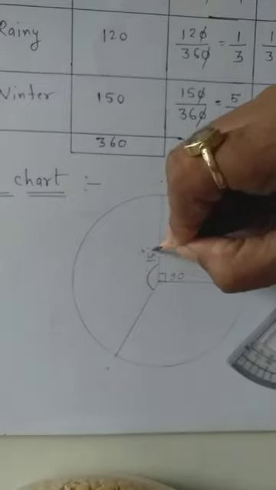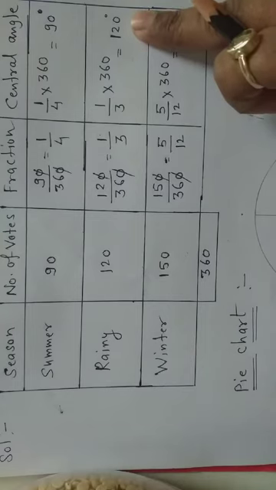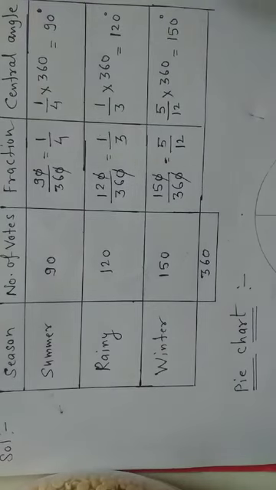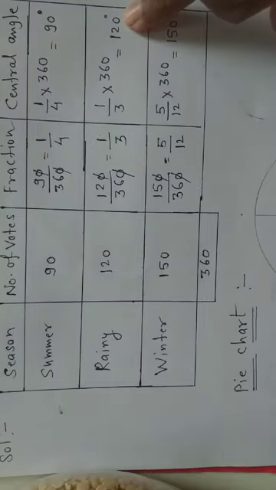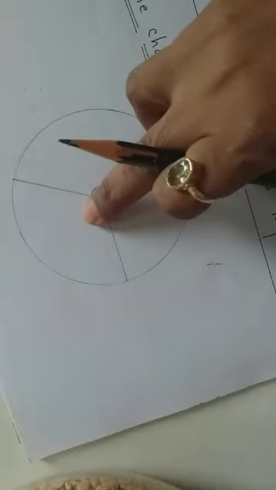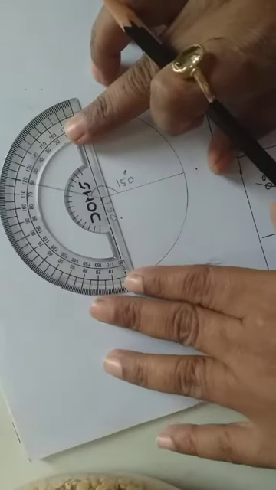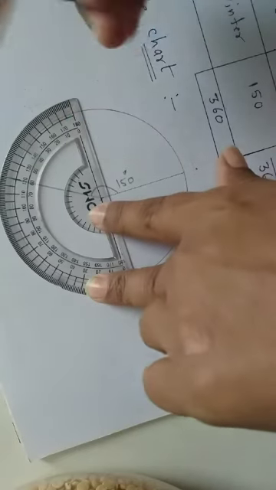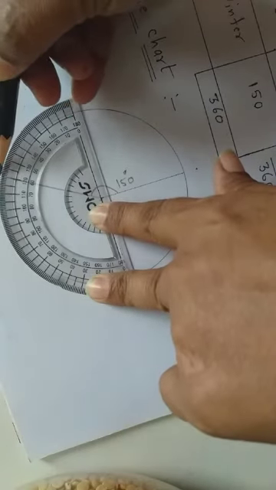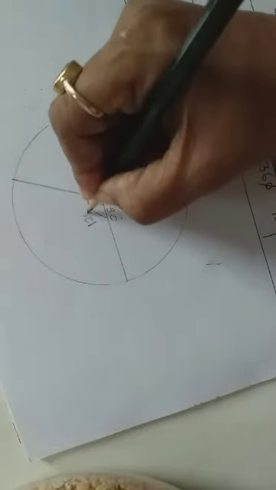Now student, the third angle is 120. There is no need to draw 120, it will become automatically, because there were a total of 3 angles. So 2 we have drawn and the third one is automatic. You can check whether it is 120 or not. So again set the protractor properly and then see here, you can see exactly on 120 this line is there. That means it is correct. So here you write only 120 degree.